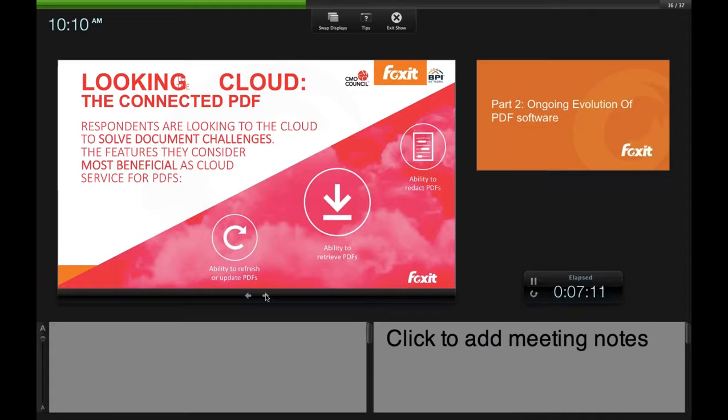So that's a quick look at some of our findings. And as I said at the beginning of this, our study really underscores that there's a real need to revisit the document and PDF technology to make it more suitable for a digital and connected world in which once a document leaves your computer, it can very quickly be circulated to many, many people around the world. So that generally is the findings of our study. And I think I'll turn this over now to David again to talk a little bit about the future of the document.